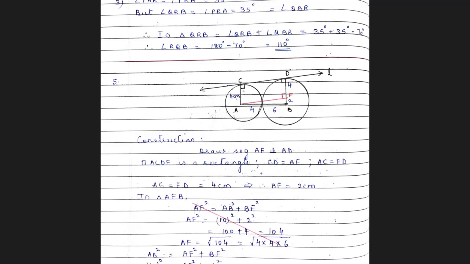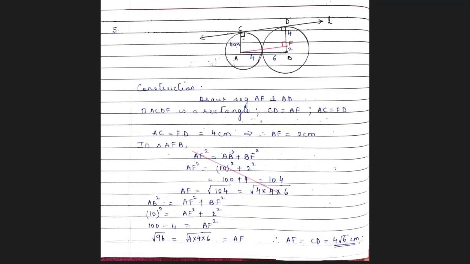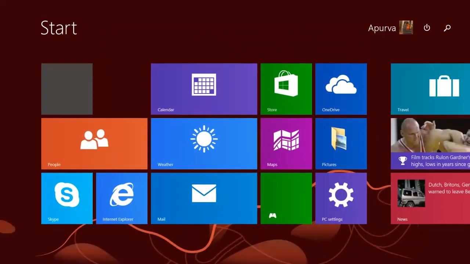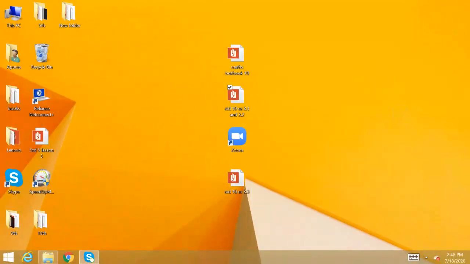Okay. So here how you will do is you will consider triangle AFB. And using Pythagoras theorem, you have AB square equal to AF square plus BF square. So 10 square is AF square plus 2 square. So 100 minus 4, 96 is AF square. When you find the square root, you get 4 root 6 centimeter. That is AF, and that will be the value even for CD because they are opposite sides of the same rectangle. Okay. So with this, we finish question number 5 of